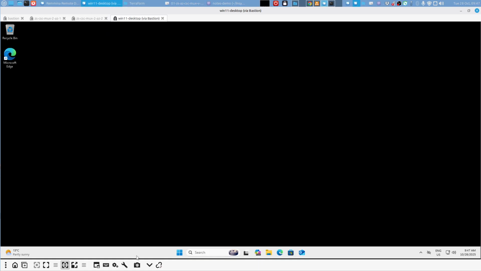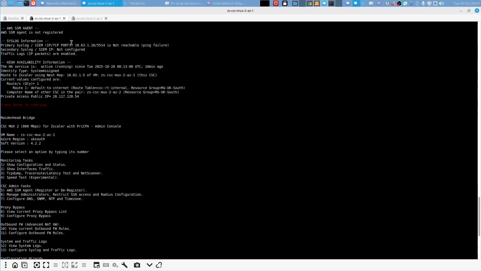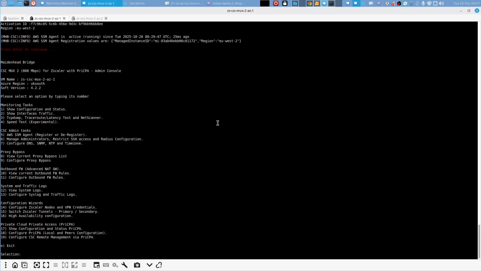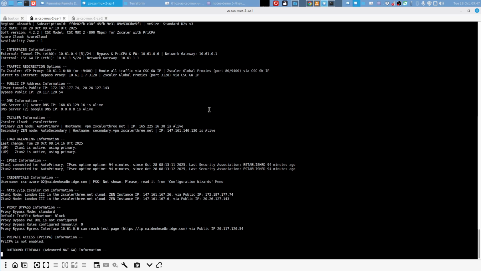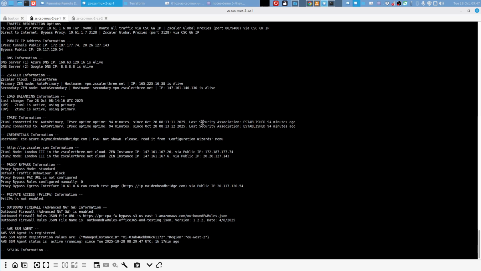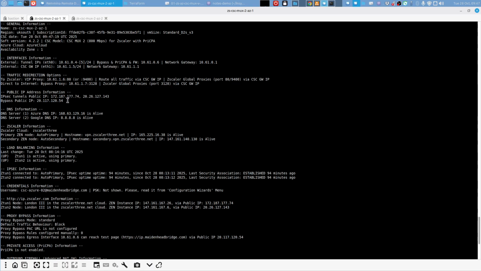Then this is the machine via the bastion, and let's exit. Okay, this is the connector. This is connector number 1. If I do show configuration status here, you will see general information, interface information, public IP information,